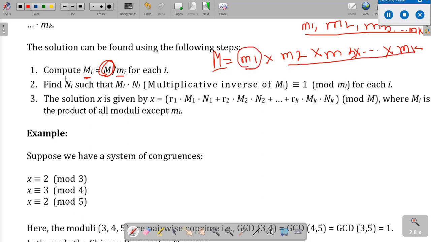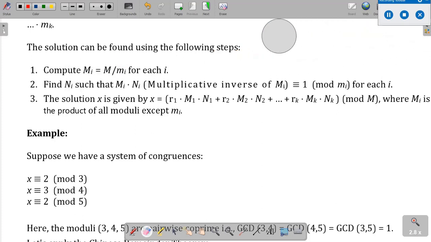So to compute Mi, m divided by small mi, and for each i, हर एक i के लिए, हर एक डिवाइडर के लिए हम ये Mi को कैलकुलेट करेंगे with the help of this capital M. Then we find the Ni such that Mi dot Ni is congruent to 1 mod mi for each i, where Ni is